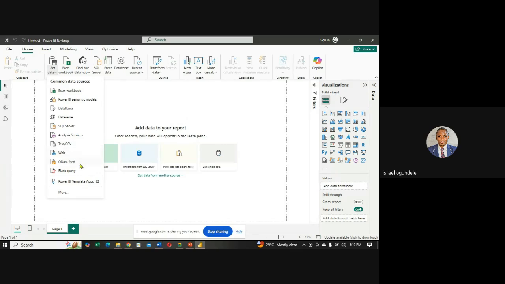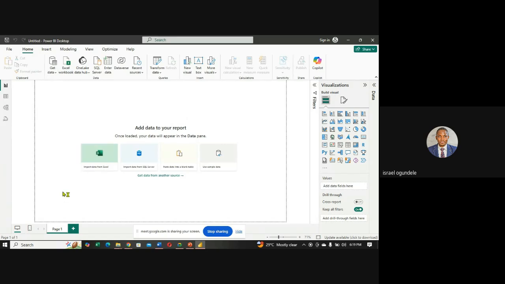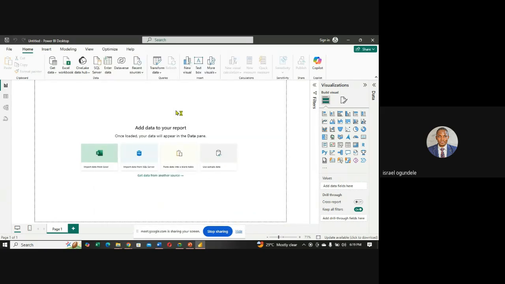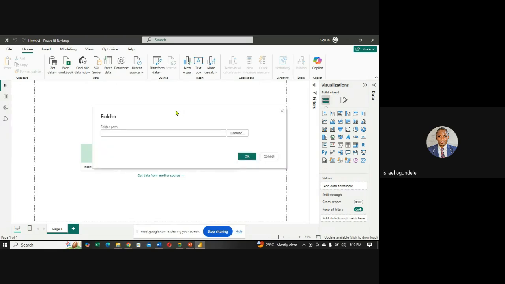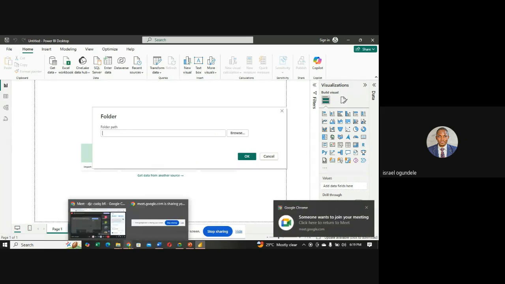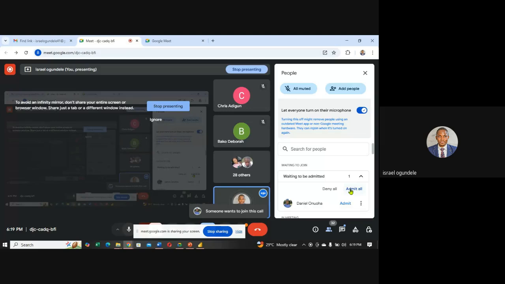Another feature we can use, if I go to More, is a folder. This folder enables me to just browse to where the data is, and I will import the entire folder into this place. I can use that procedure. But when we go to our data again, you will notice that in the data that we have here,